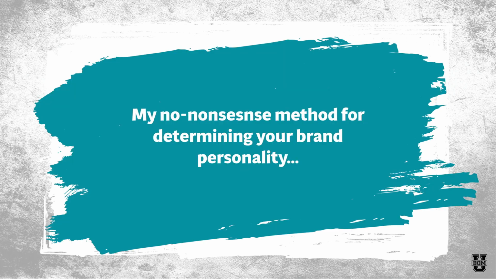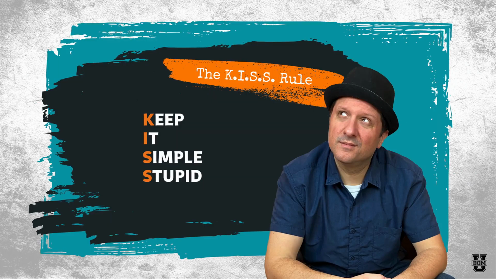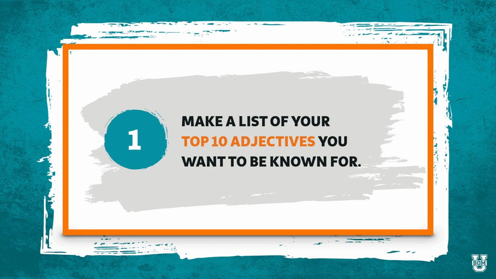So my no-nonsense method for determining your brand personality, and this is a really keep it simple, stupid kind of rule, and it is make a list of your top 10 adjectives you want to be known for. So this is an action item here. So I want you to go through and just research a bunch of adjectives and write down, do a brain dump, and then write down and then sort of narrow it down to the top 10 you want to be